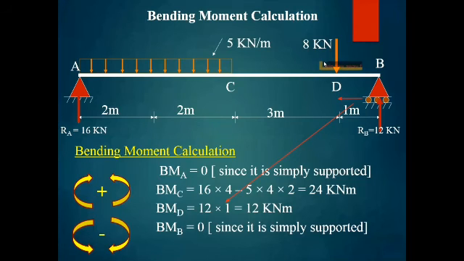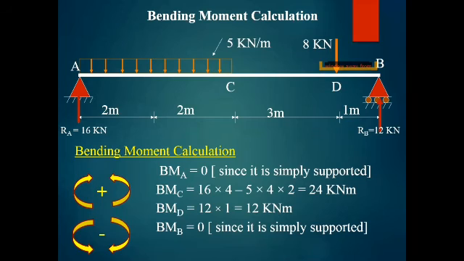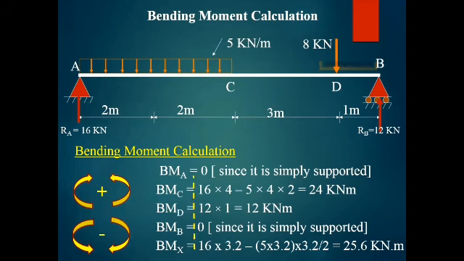Now from this bending moment calculation, we will draw the bending moment diagram. But there is one important point, which is BM at X. If you remember in the previous slide, we have marked the point X, where we got the distance as 3.2 meters. So this is the section X which we marked. The distance was 3.2 meters as we calculated.